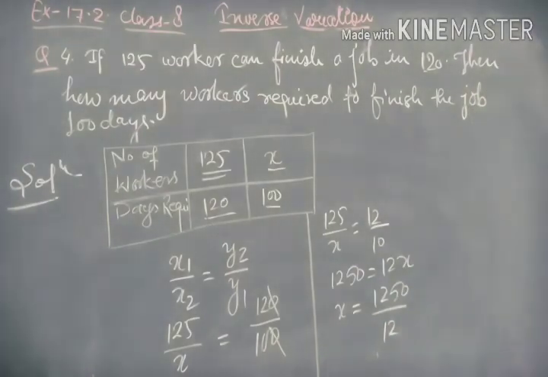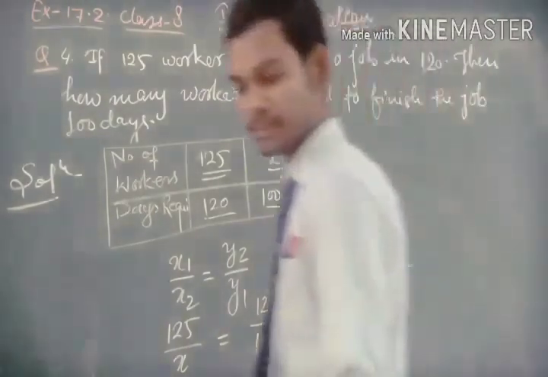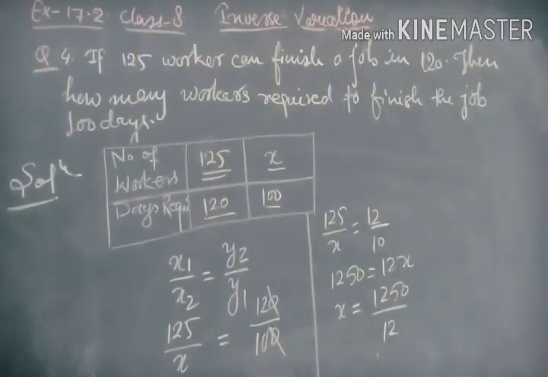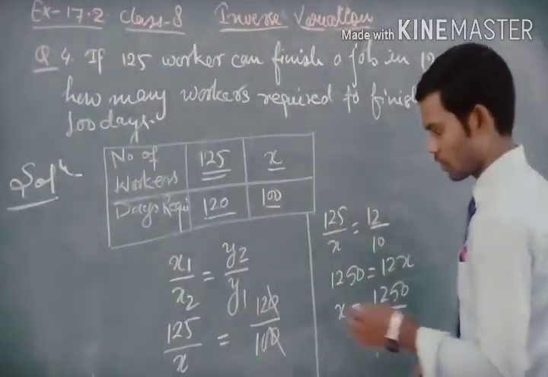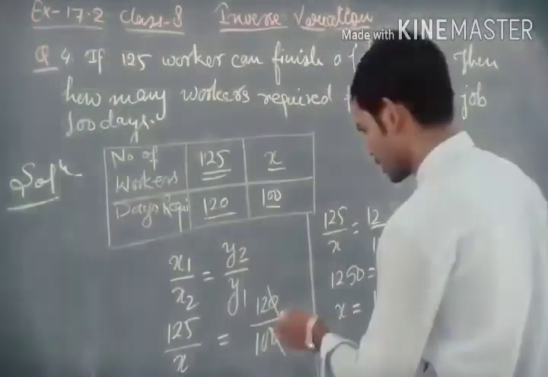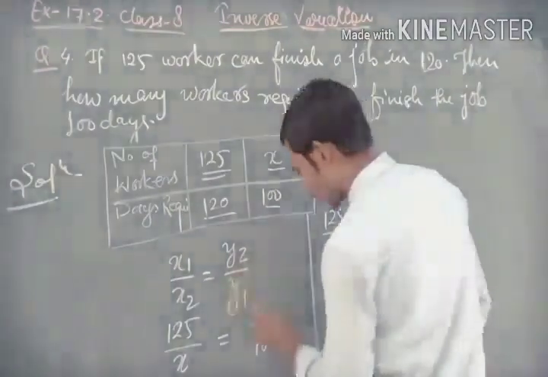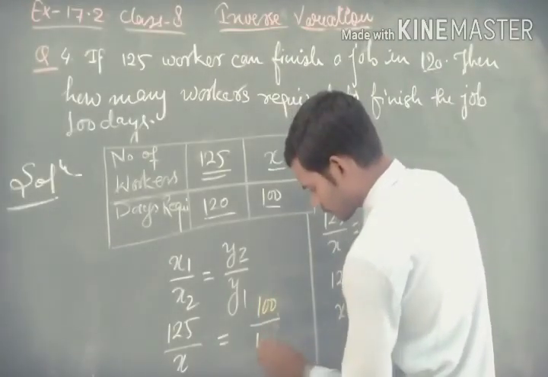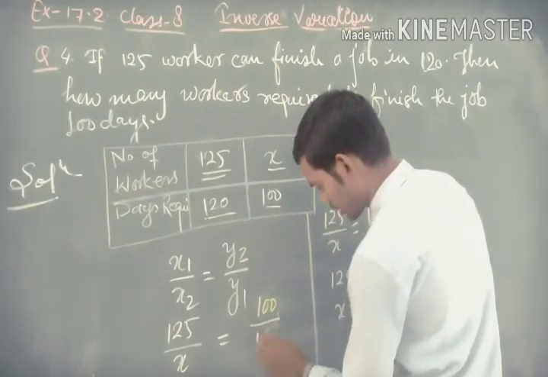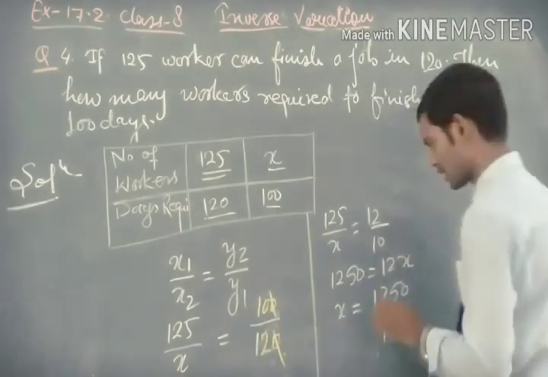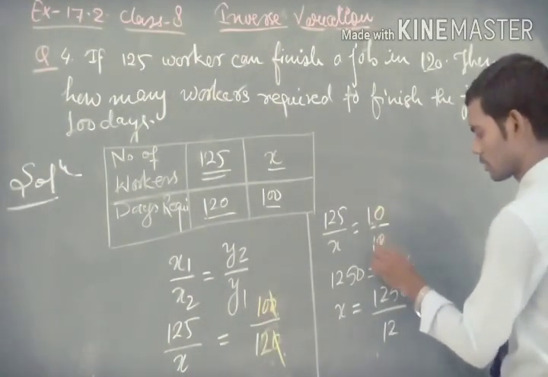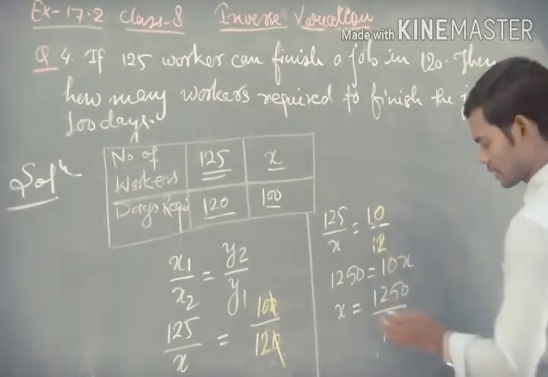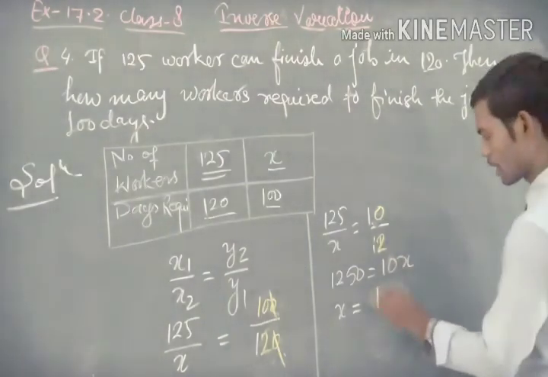Okay, student, let's solve this question. And here it is solved. 1 second. I am extremely sorry, there is a silly mistake. This will be 100, and this will be 120. 120, and the 0 is cancelled out. So here we get 10 upon 12, and this will be 10x, and this will be 12 multiplied by